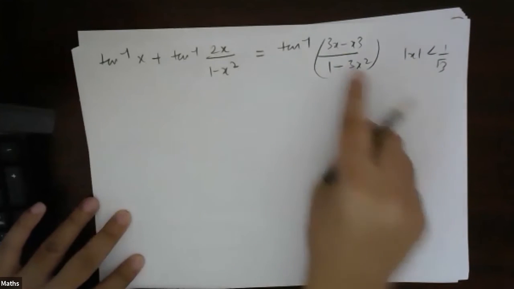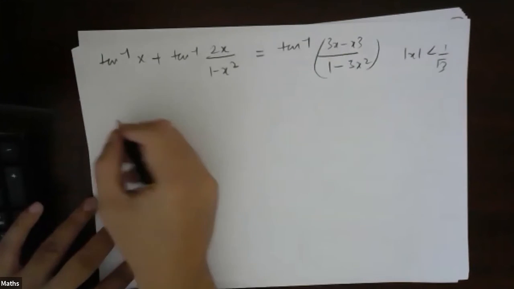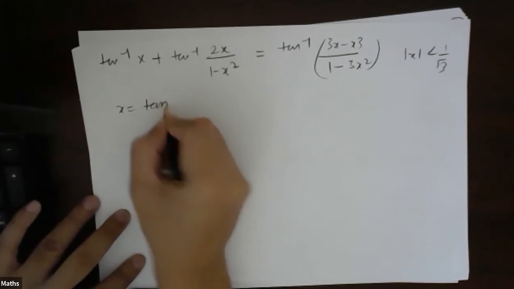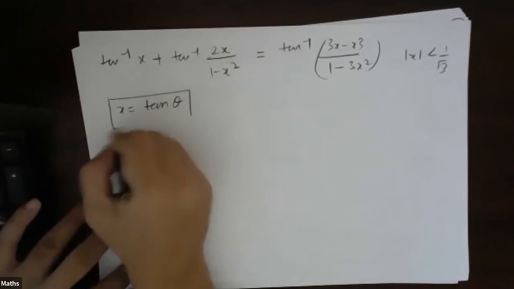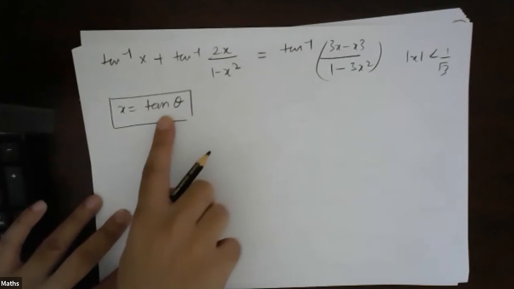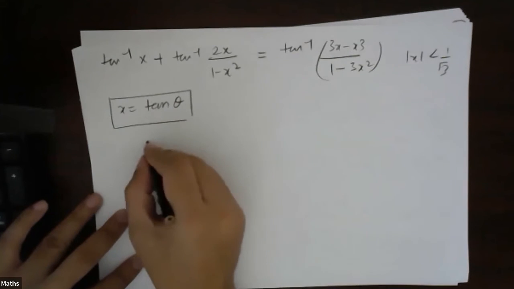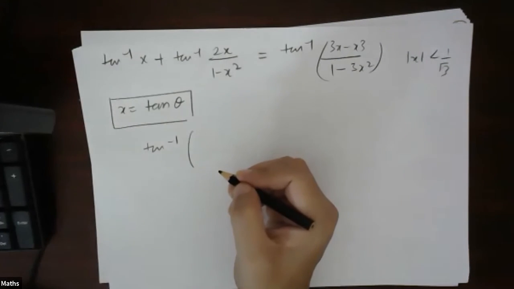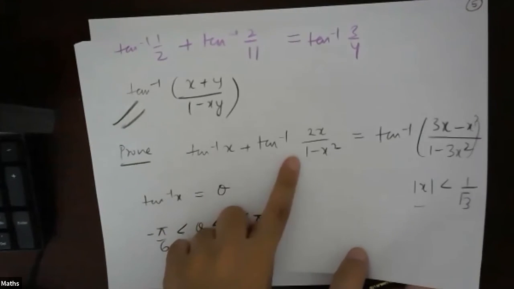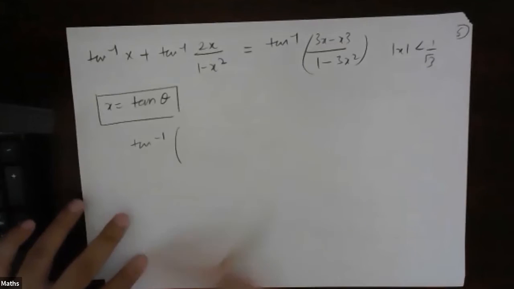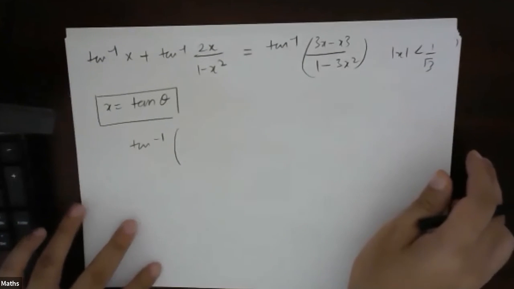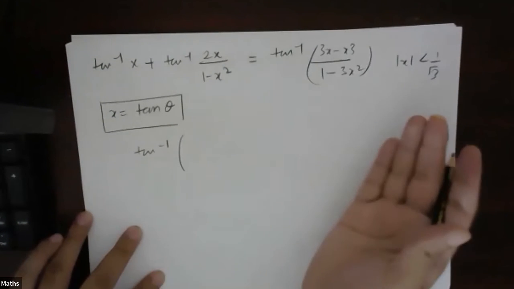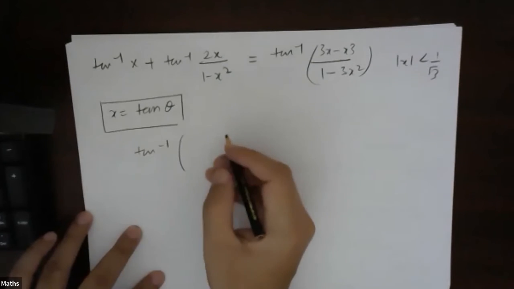So on the right hand side, what they have done is that they have taken x as tan theta, as a random variable, for some value of theta. I'm just showing what they have done in your book. From right hand side to left hand side you can already take tan inverse of x plus tan inverse of y. But I'm showing it in that way also, so that you won't be confused whether they can prove it from the left hand side.